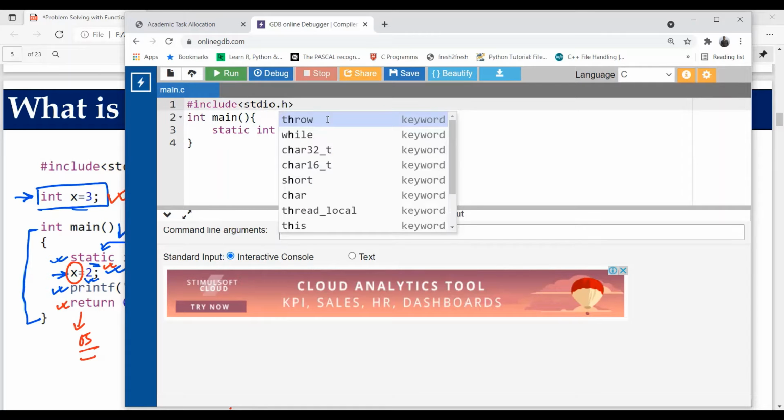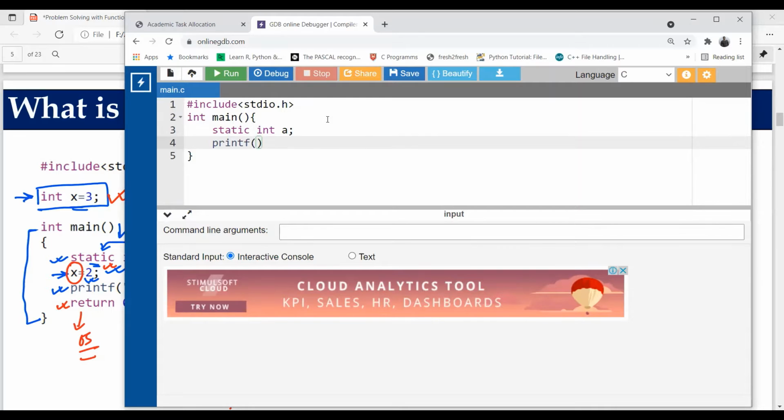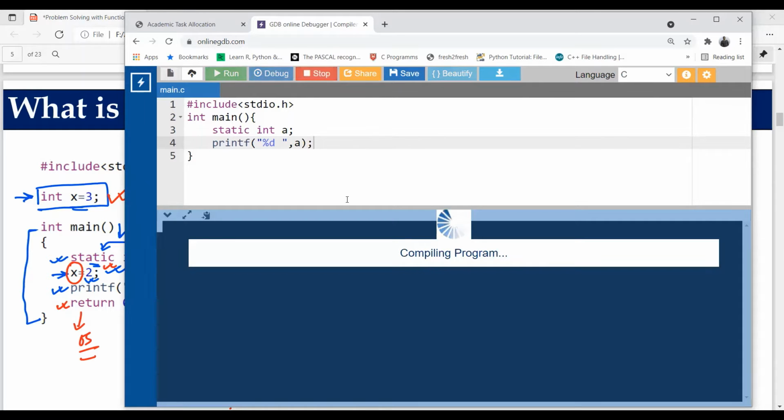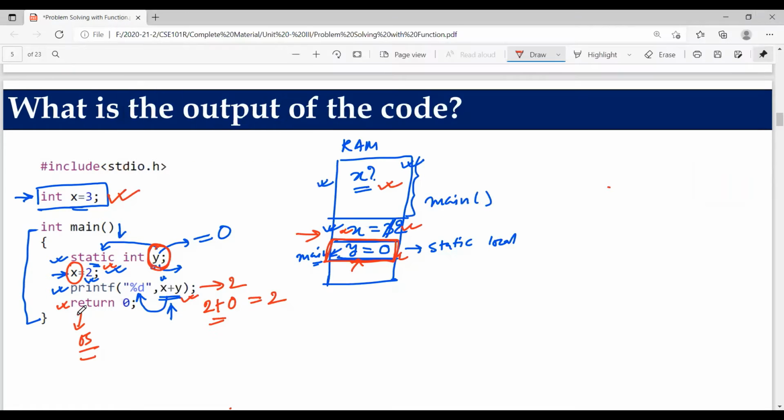Fine. Now let's print the value of a: printf %d a. Let's run this code. Now you can see the output on this screen. We get the output as 0. That means a static variable always gets a default value 0 if it is not initialized.